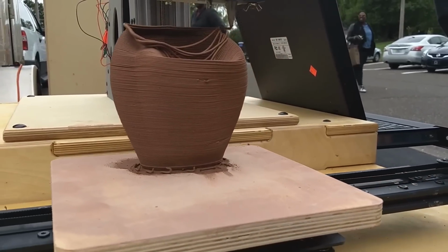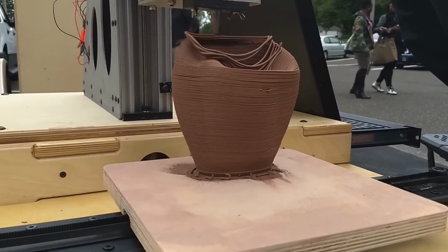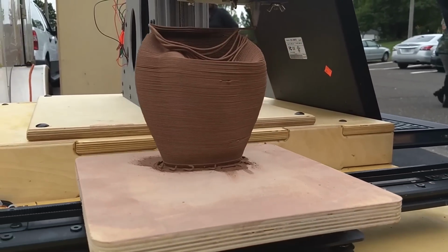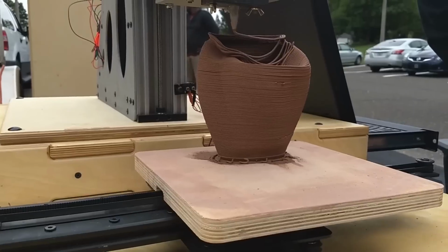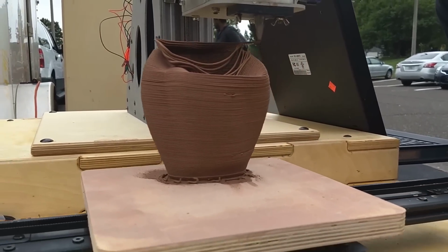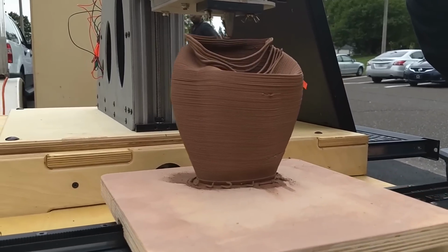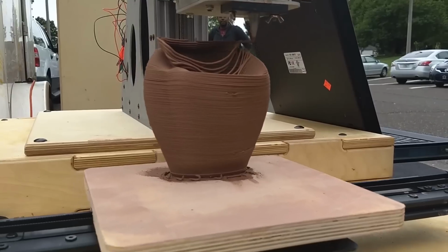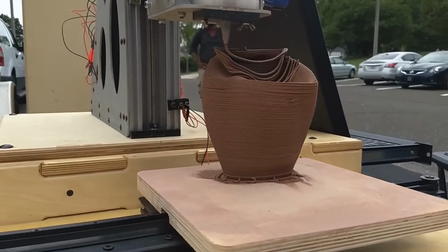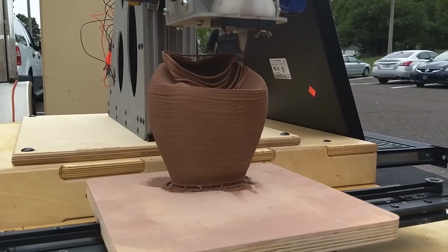And all throughout, for the last 10 or 15 years, I have been learning and working with 3D modeling programs, becoming more fluent with them and more interested in realizing the forms that I could make in a 3D modeling program a little bit more directly in the clay. And so